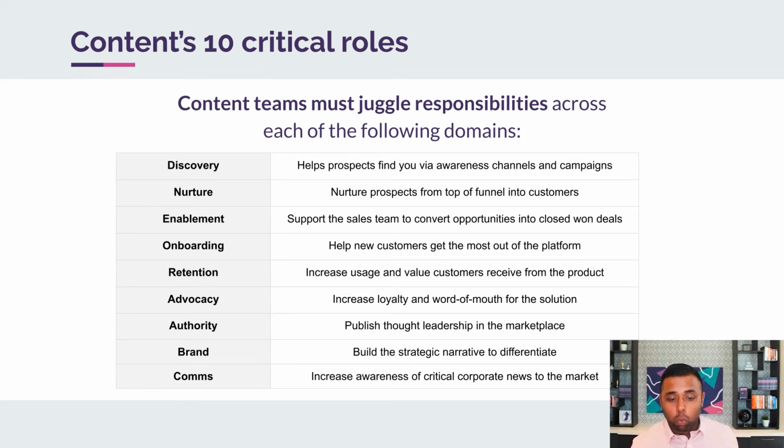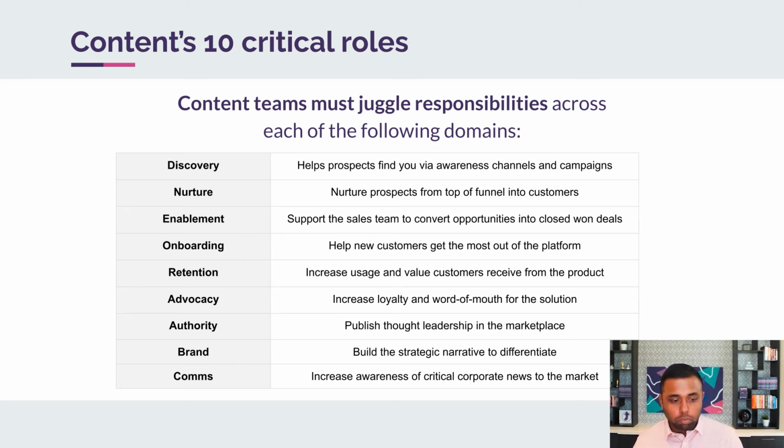Then we have authority content, and this is quite different from the rest, where up until now we're talking about what's required for the funnel, and at every stage of the life cycle, how do we get the customer or prospect to get the most value so that they move on to the next stage. With authority, it's about building a better presence in the marketplace so that you have more gravity in the market and you win more of those commoditized battles, right? So if you're selling sales enablement software and there are 10 players out there, well, they kind of need to differentiate themselves beyond features. So how do you tell a better story that resonates with that market and get them into your funnel?